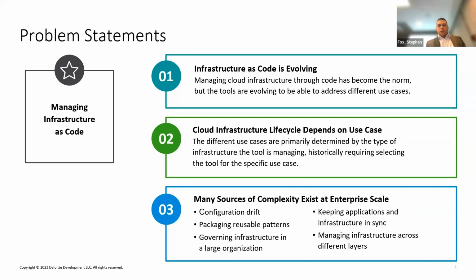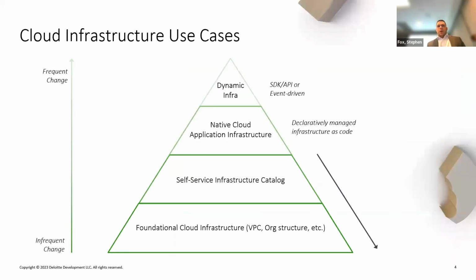So when we talk about infrastructure use cases, I like to think of this as a spectrum of infrastructure that really doesn't change once it's laid down. You can think of your cloud, your foundational infrastructure, your organization, your shared VPC, and then the next layer up above that might be your project structure. What's the standard GCP project going to look like for everybody who gets a GCP project? What IAM permissions? What permissions for the host project do they have, et cetera, et cetera.